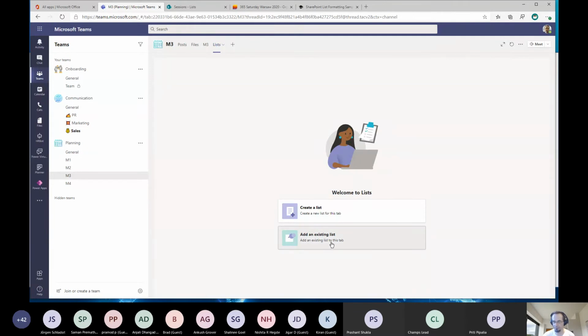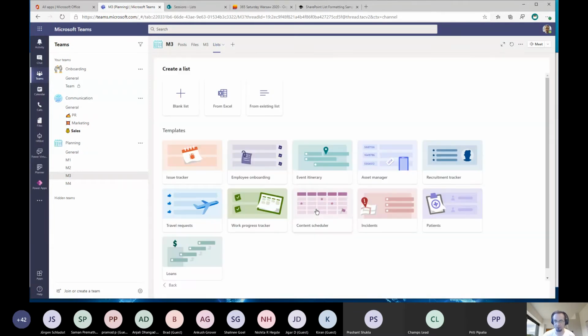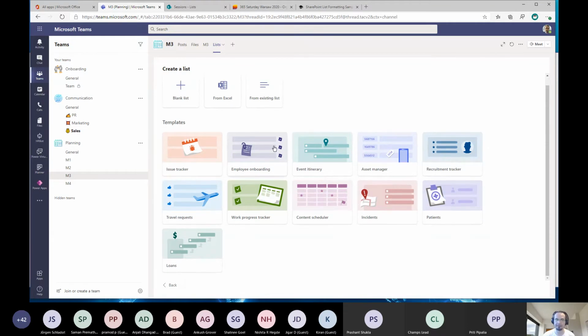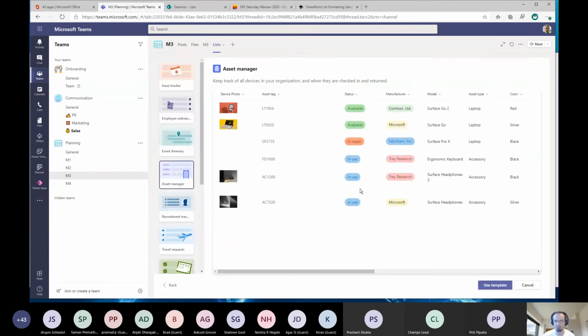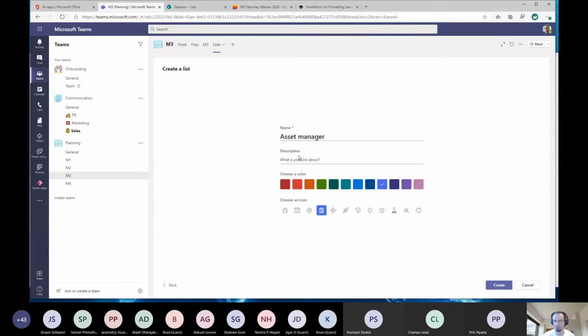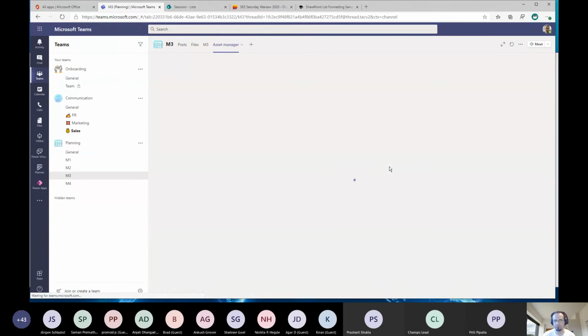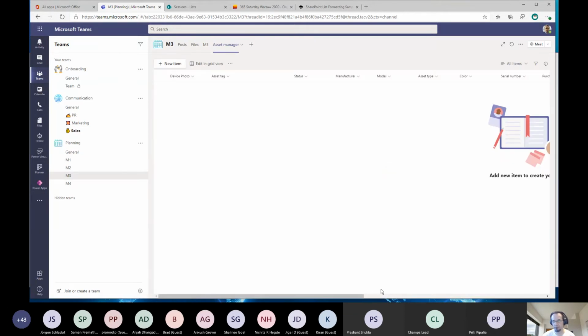And we can use an existing list as a template for our new list, or we can create it from scratch, and same look and feel, same features. We can create a blank list, from Excel, or from templates. Great. I would start with maybe Asset Manager and use that template. Change color, change icon maybe for that one. And that's it. We get Microsoft List in our Teams